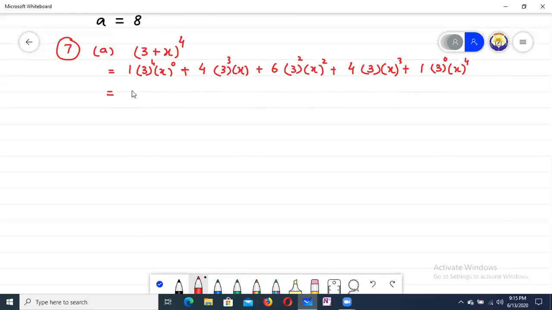Here 3 raised to the power 4 is 81, plus 3 cube is 27, 4 twenty-sevens are 108x, plus 3 square is 9, 6 nines are 54x square, plus here 3 fours are 12x cube, plus x raised to the power 4 in the last term. This is the expansion. Now in part B,